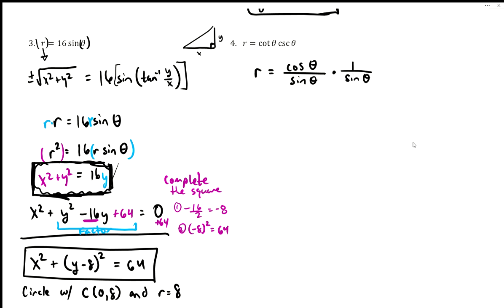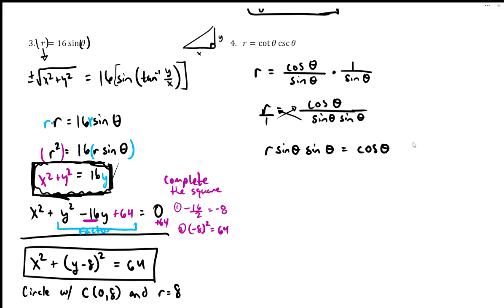All right, so we can simplify that right side. We have cosine of theta over sine. You know, we can write it as sine squared, but I'm actually going to just keep it as sine theta. Because right now I'm going to say, well, let's cross multiply. So the 1 and r multiply, which gives us r sine theta